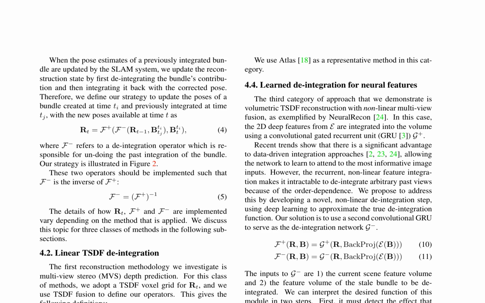de-integration for neural features. For MVS, the authors adopt a TSDF voxel grid and use TSDF fusion to define the operators. For linear de-integration, they use a running average to integrate features into each voxel. For learned de-integration, they propose a novel, nonlinear de-integration step using a convolutional gated recurrent unit (GRU) to approximate the